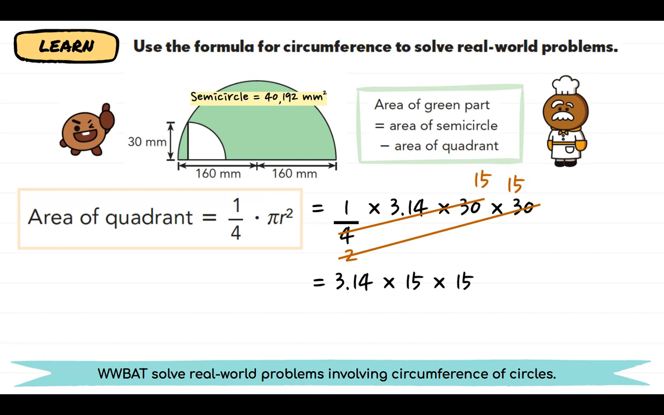And then you can use your calculator and plug in 3.14 times 15 times 15, which would give you 706.5 square millimeters. Once we have the area of both the semicircle and the quadrant, now we can solve